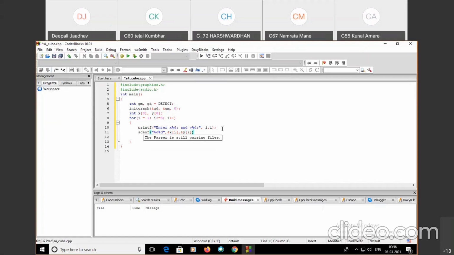Okay, one by one array element we are going to input.